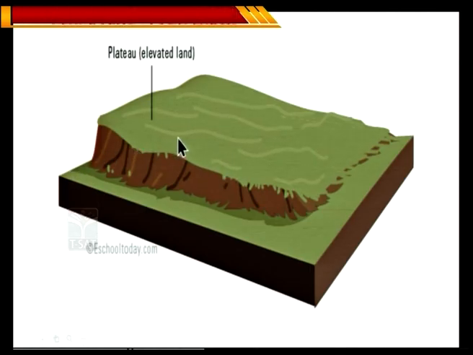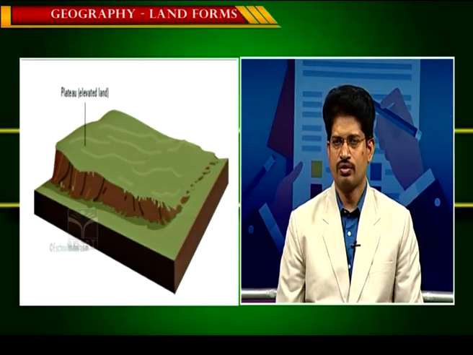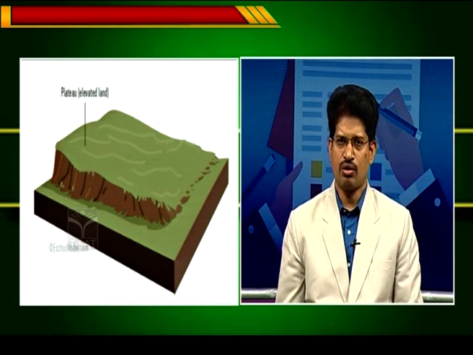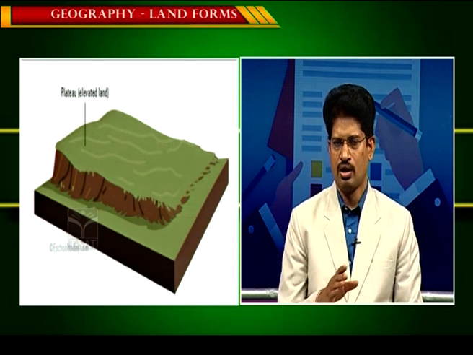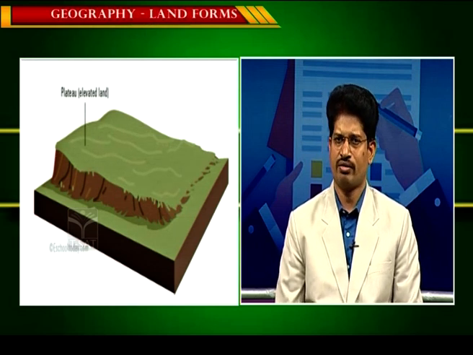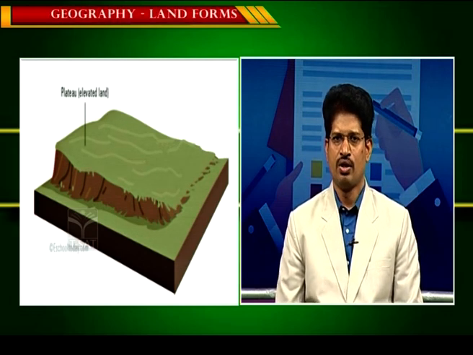In the case of the Indian Deccan Plateau region, as in the case of the sloping plateau, what is being projected to you here is at the edge of the Western Ghats in peninsular India. Because of the longitudinal fissure which has been formed, the lava flowed from the west side, from the Western Ghats, towards the east. This Deccan Plateau is a tilted plateau. That is the reason why different rivers like the Godavari, Krishna, Kaveri, Penna, and Vaigai flow from the west to east because of the tilting of this plateau.